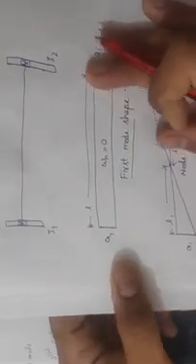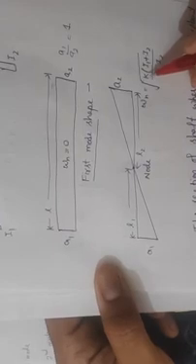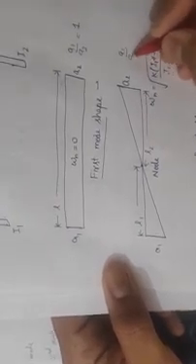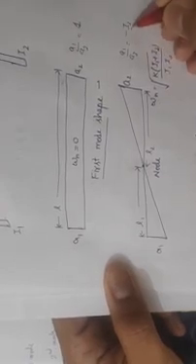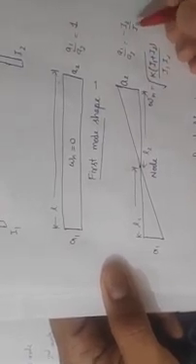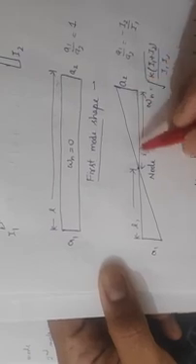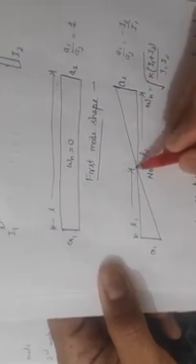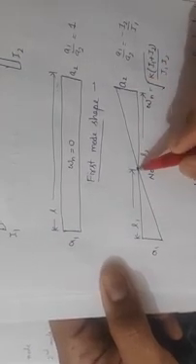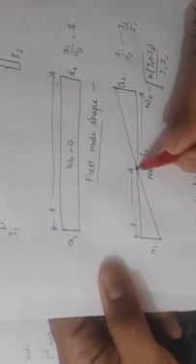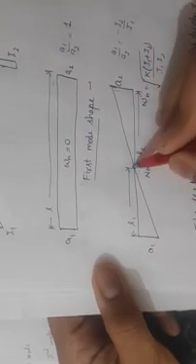And for the second mode we are getting omega n equal to under root k (I1 plus I2) divided by I1 I2, and the ratio of A1 by A2 is minus I2 upon I1. So you can see these are of opposite sign. If A1 is negative, then A2 automatically becomes positive, and in between there will be a point where the amplitude becomes equal to 0. This point is called the node point.